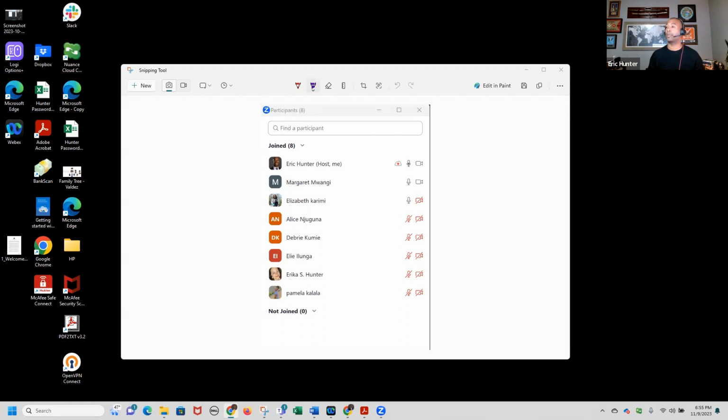If you do not remember your password, you can always hit reset my password right here. When you hit reset, it will send you an email with a link to reset your password. So I'm going to go ahead and log in. So when you log in, you know you logged in because it'll have your name up here in the top